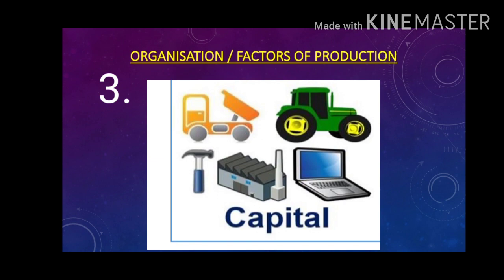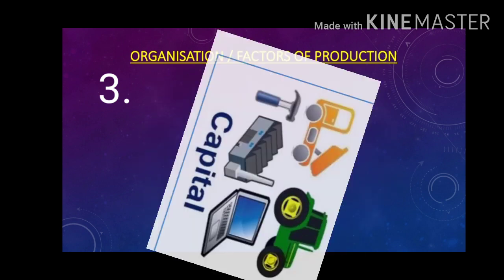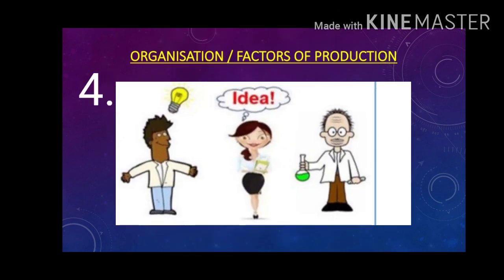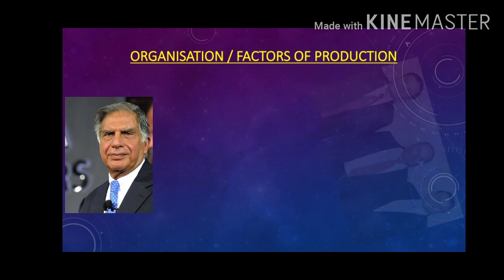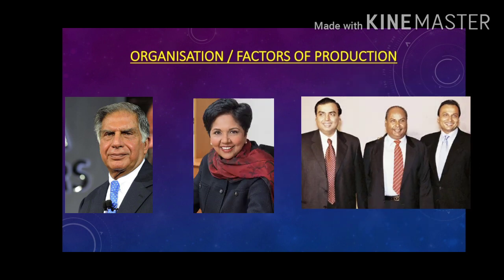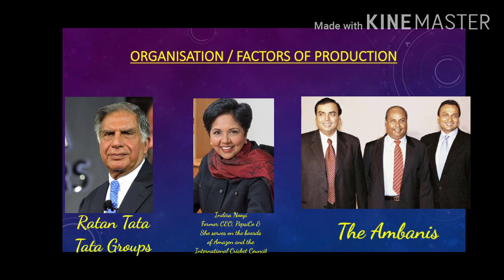So we are done with our third factor of production. Now let's move on to the next. Any guesses what is the fourth factor of production? Just think for 5 seconds what it is. It's the idea, isn't it? So who gives the idea? The people. Let me give you some more hint. So see these pictures. Do you recognize any of them? Who are these people? Any guesses? These are the biggest entrepreneurs, or you can say in normal terms they are called business leaders.